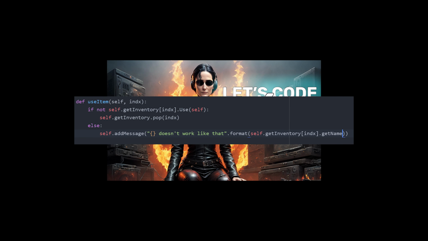So the first thing I want to do is make some changes to our use item method from within the player class. What I've done here is I've added an if statement to it. We're now saying if not self.getInventory index.use self, then... what we're saying here is each method that we call from within a class returns none if we don't have a return type. In other words, if I don't explicitly state return true, return false, or return a value in a method, it will automatically return a none value, which means that what we can do is check if that method